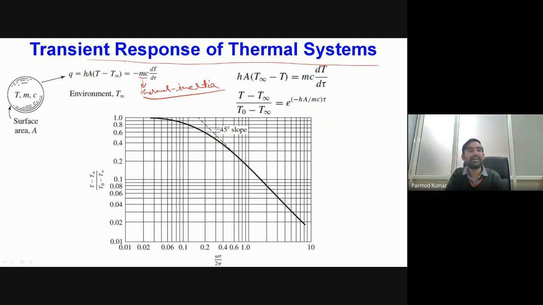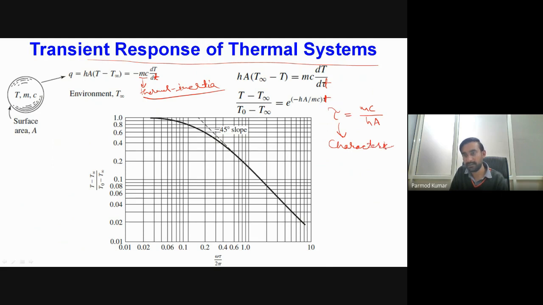Okay, so what I have done over here, I have shown the energy balance. I will not repeat this because we have already discussed it in our third or fourth lecture while we were discussing the response of the thermal system to different types of inputs. Okay, so in this particular formulation we are considering nothing but a step input. Okay, so one small correction you may note over here. This is nothing but T. So here also you consider it as T, and tau you consider as nothing but MC divided by HA. So this tau is the characteristic